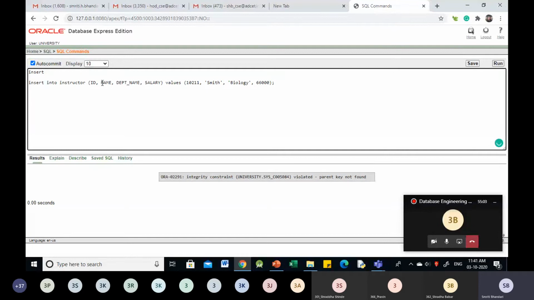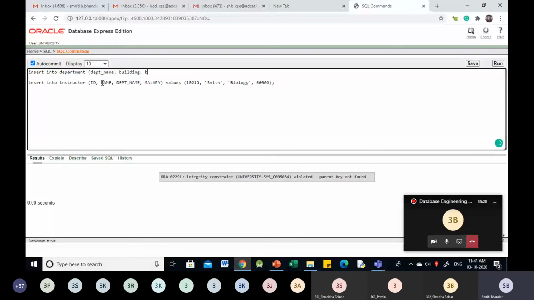So for that, we write the statement insert into department. Once again, the syntax will remain the same. We have a list of attributes of the department table: department name, building and budget.